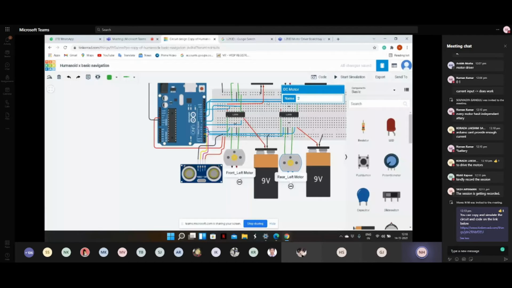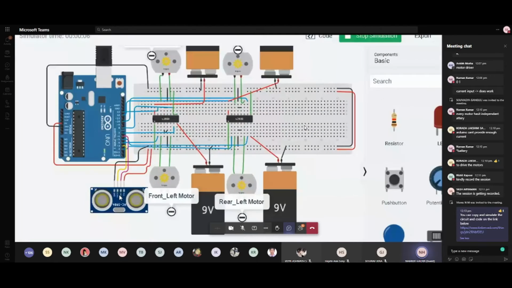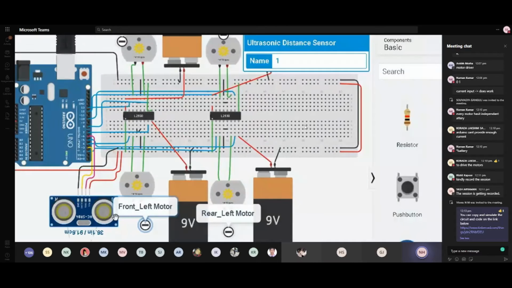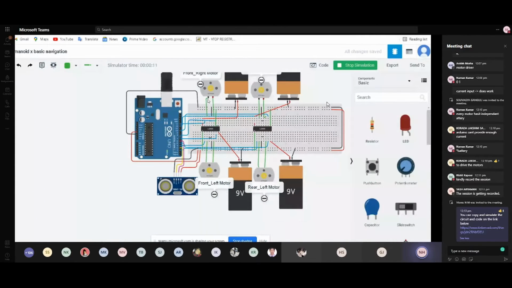Start simulation. As you can see, when the distance is above 50 centimeters, all four motors are working. Can you see all four motors working, rotating?